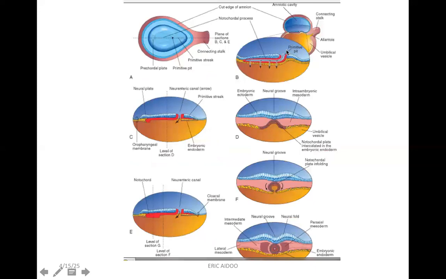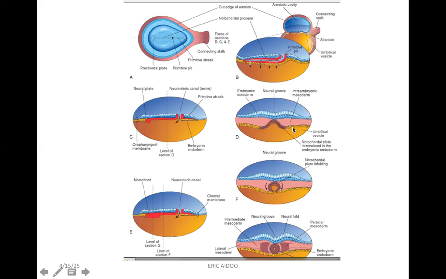All right, so that's primitive pit, notochordal process, and then the pit or notochordal canal, as we saw earlier on. So here too, that's the pit, and then that's the neural plate. That's the oropharyngeal membrane I mentioned not long ago, where you don't have any intervening mesoderm. So there's no red in between the blue and the yellow. It's strictly ectoderm and endoderm. So that is the notochord,